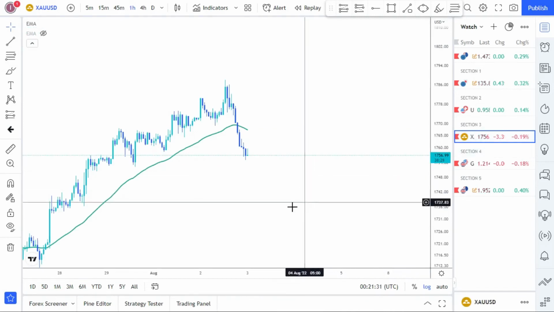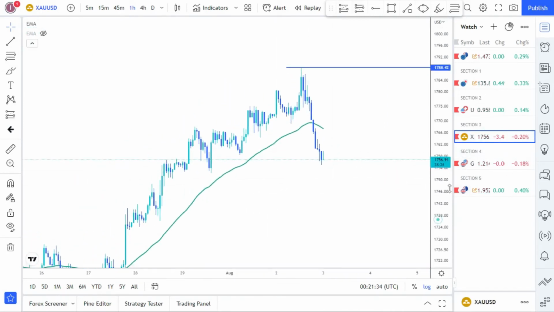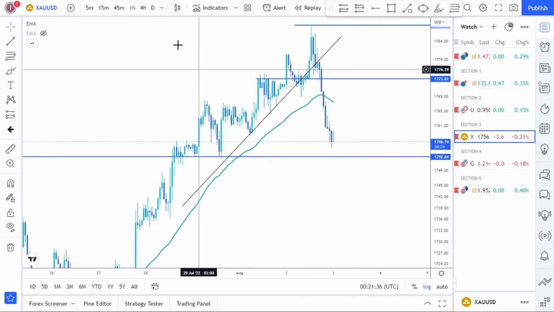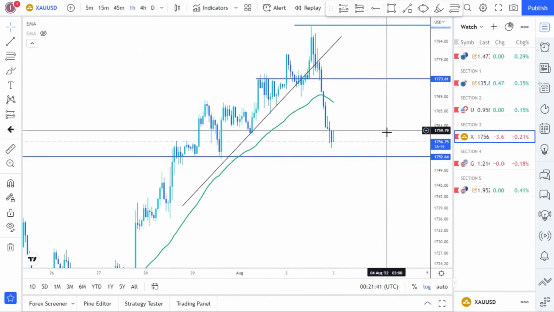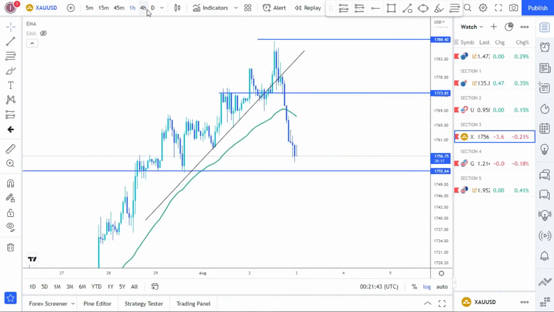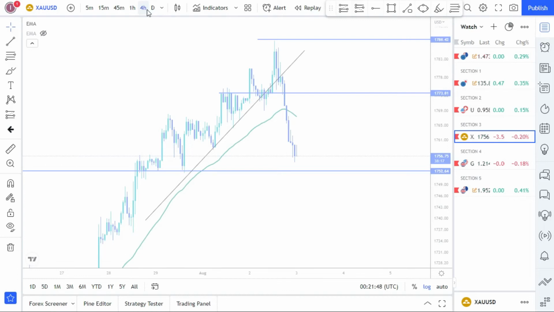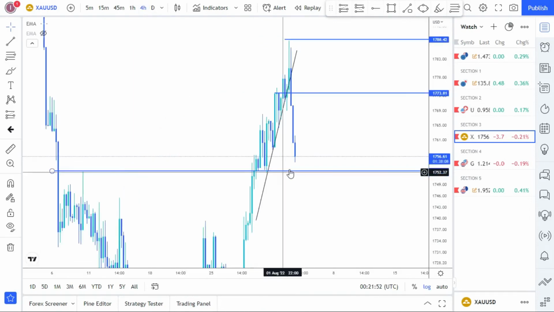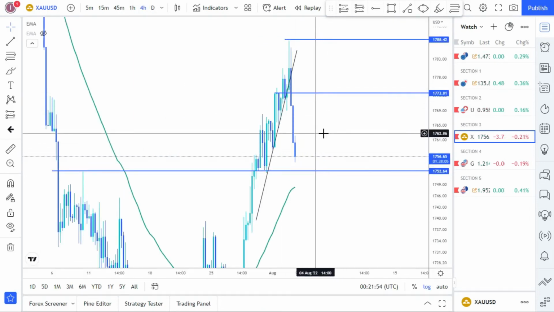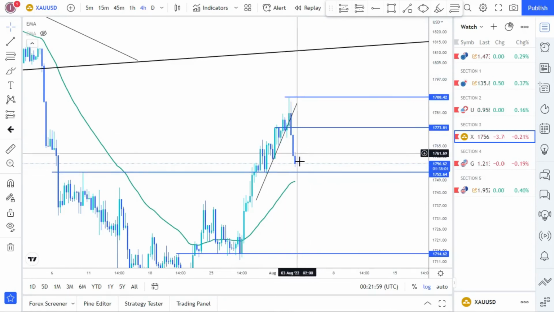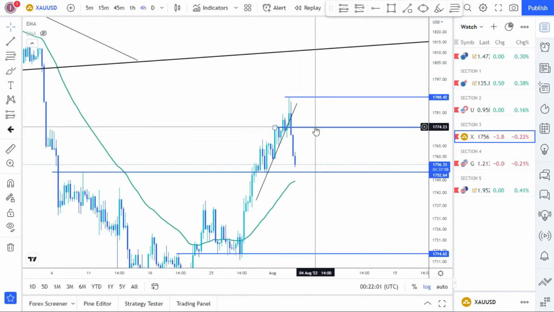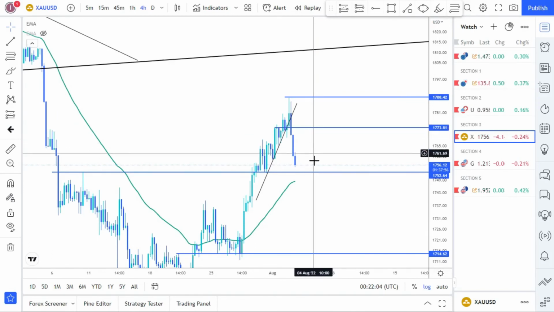Sorry guys. On the 1 hour time frame you can see gold break the trend line, and this doesn't mean that the trend is down. I think gold is trying to give us a pullback here. If the market will be going down, it should give us a lower high structure. We don't have a lower high structure here, we just have the market pushing down. If we can get a lower high structure, we should be looking for a sell on gold as well,